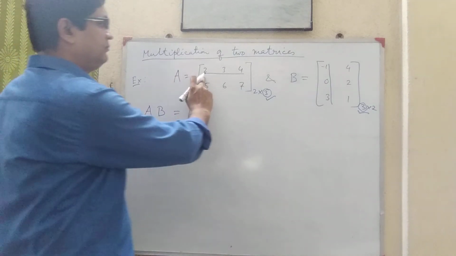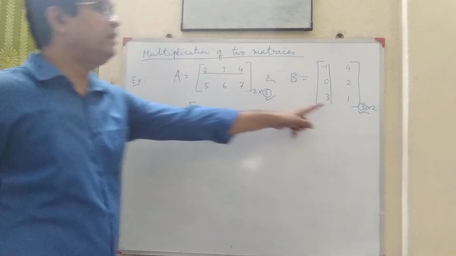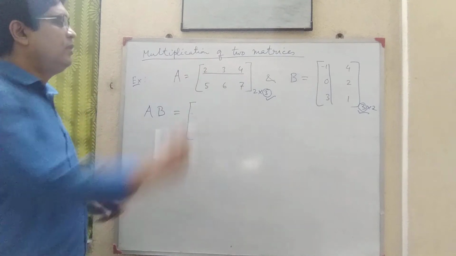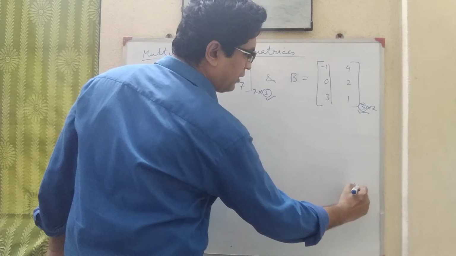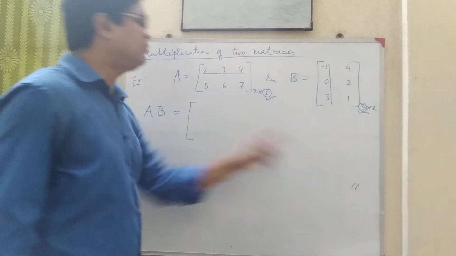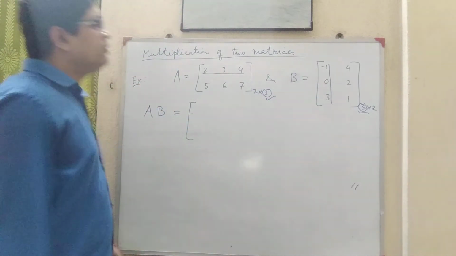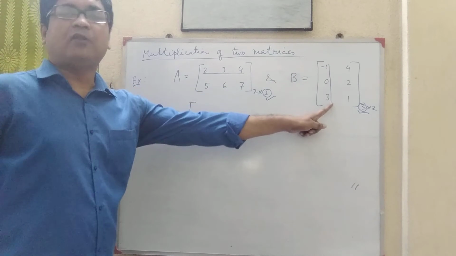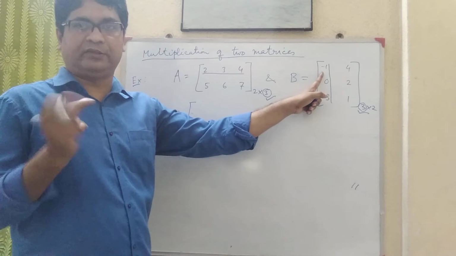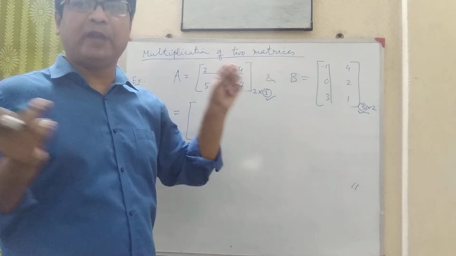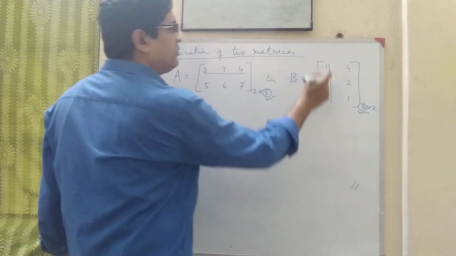As I said, this is the first row and this is the first column. So when we multiply the two matrices, first you have to multiply the first row and first column. First row, first column means 1, 1, so the position where you have to write after multiplication should be 1, 1. Multiply means this is called the inner multiplication or inner product. That means the corresponding elements must be multiplied and then added. So 2, 3, 4 is the first row, and